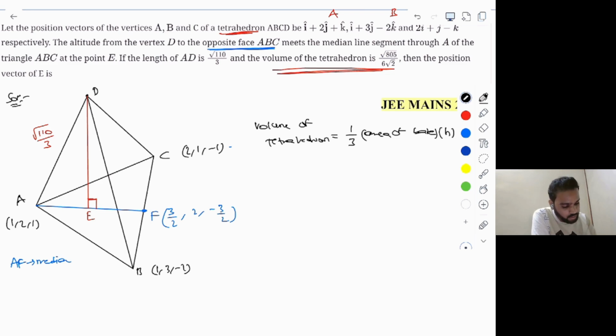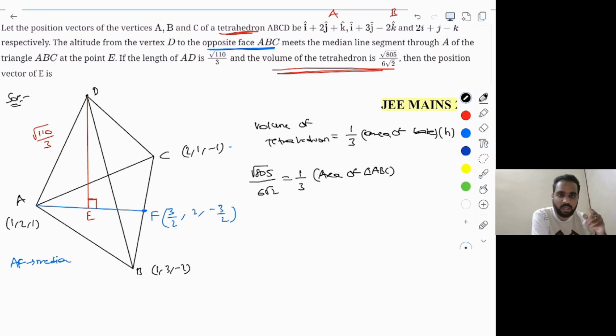Okay. Now in this case, the volume is already given to you, which is square root of 805 divided by 6 root 2, equal to 1 by 3 into, what is the base here that we have taken? ABC, right? So I'm going to mention this as the area of triangle ABC, multiplied by